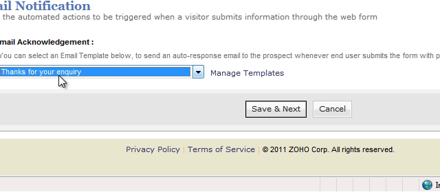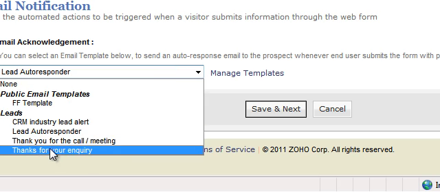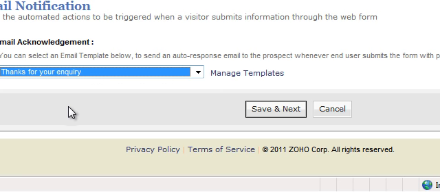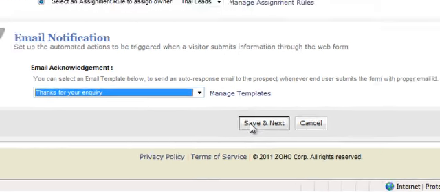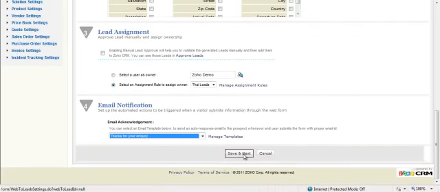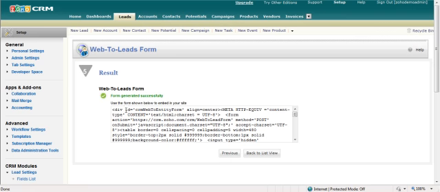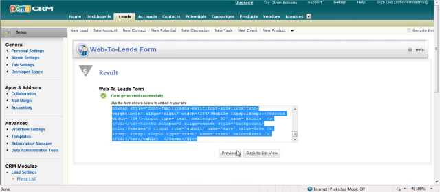Obviously this again means that I have created the lead email beforehand, and then I can select it in this list here. So I could select the lead autoresponder or a more specific email template that I have set up. When I've done that, I click Save and Next, and the CRM generates HTML code, which I can then Control-C to highlight it all and Control-C to copy,